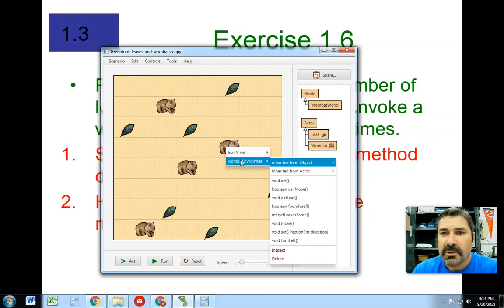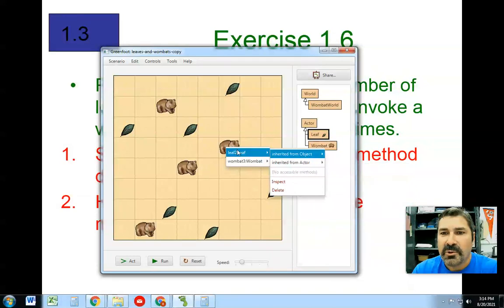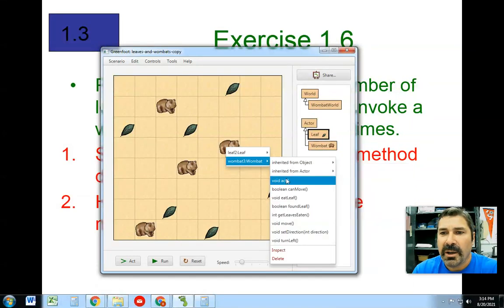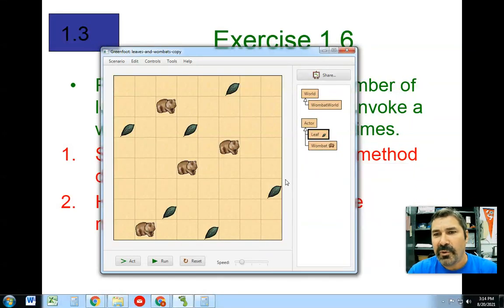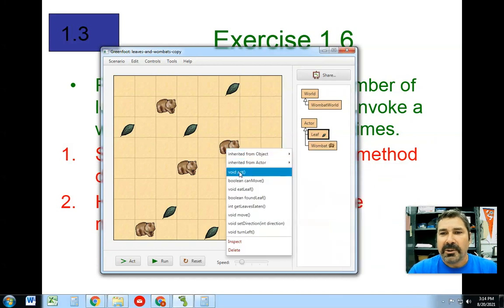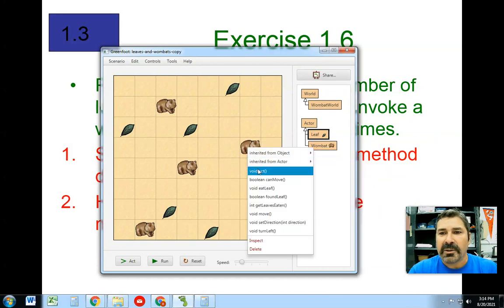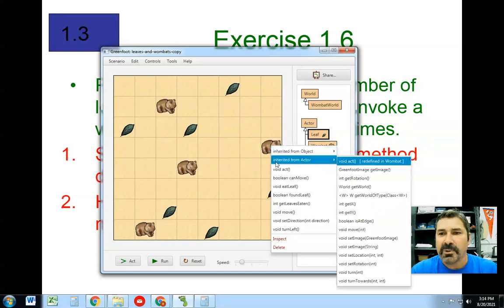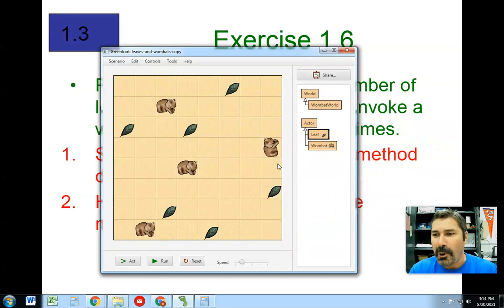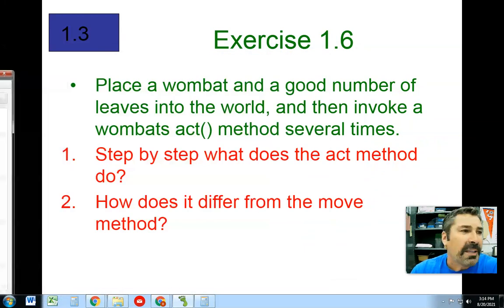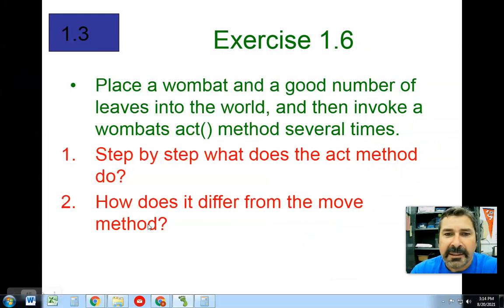So if I go to wombat, there's two choices because there's a leaf behind him. I go to wombat and act. Ooh, he didn't move that time. What did he do? At any rate, keep doing it until you can figure out how to write step-by-step instructions for what you think the act does. Oh, what happened there? Oh my gosh, something different. Okay, so I want you to keep playing around and keep doing act, act, act, act,